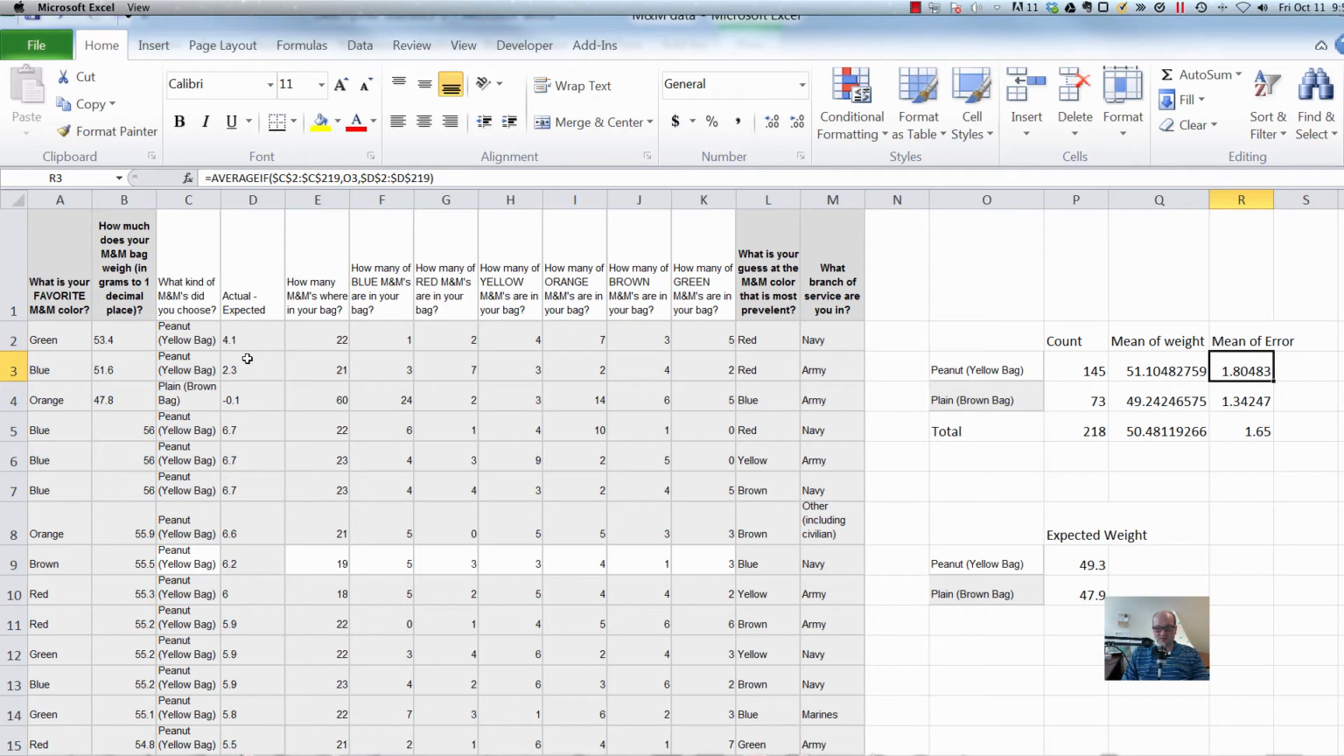All right, so peanut M&Ms on average we had a mean of an error of 1.8. A plain had an error of 1.3. All right, so that was sort of what I expected. Okay, so this is cool. Now,